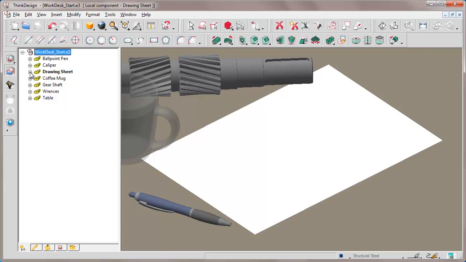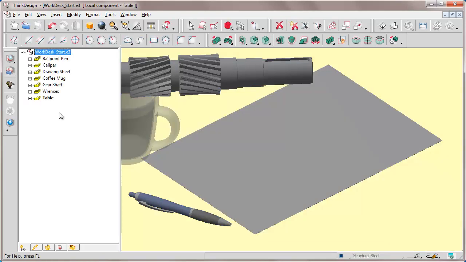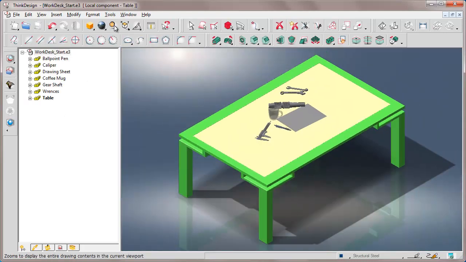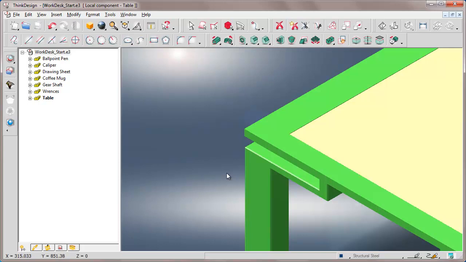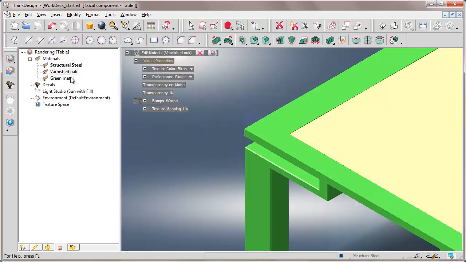Select Table, setting it as current. We select Fit View once more. Zoom in on an area including both metal and wood. We go back to the rendering section and see the materials we chose for the object, for instance, varnished oak. We imagine that the grains are not too noticeable, that's why we edit the material and look for the parameters